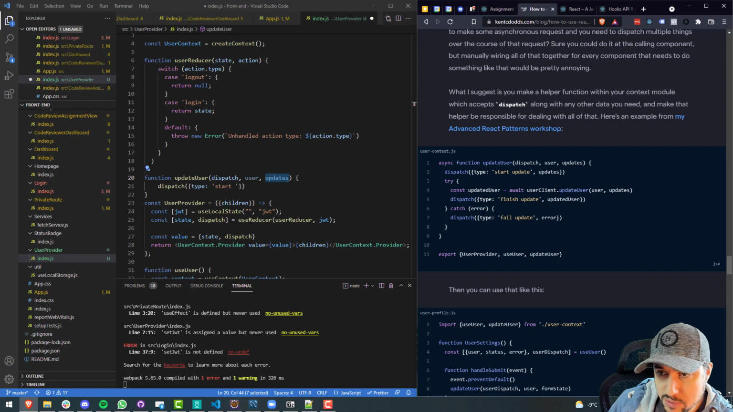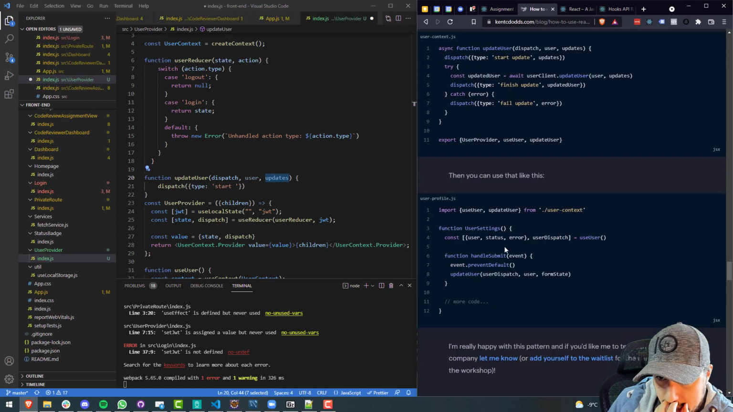Again, there's some assumptions being made here that I'm not privy to, probably because of my lack of understanding or knowledge or experience with Redux or something. I don't know. So it's awaiting. So update user here, it looks like it's just calling itself. Maybe that's all that's happening here. We're passing in user and updates, updated user, and then dispatch finish update or fail update. Okay, and then